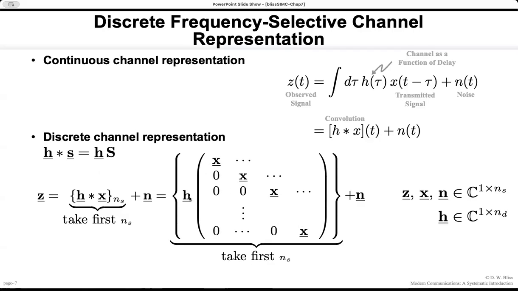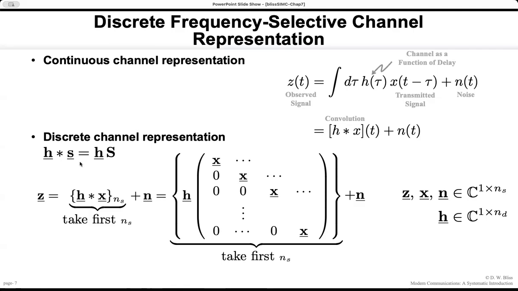Then H has a complex coefficient associated with each delay. So first row, no delay, second row, one delay, third row, two delays, and so forth. And then they get added up when you do this vector matrix multiply. It's not particularly important, but we often grab the first number of samples because what happens is